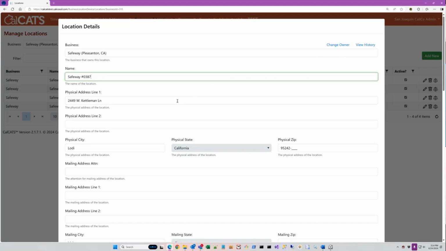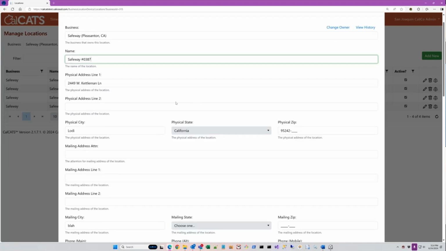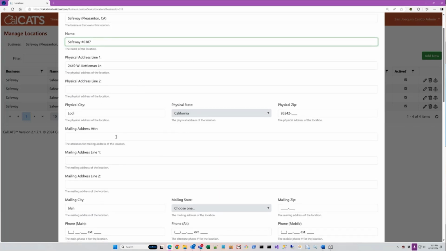All right, unlike the business level, here we care about the physical address. This is what your inspectors are going to use to go drive it and find the location to do the inspection. We rarely use mailing addresses for the actual locations in the county, unless, for example, you are